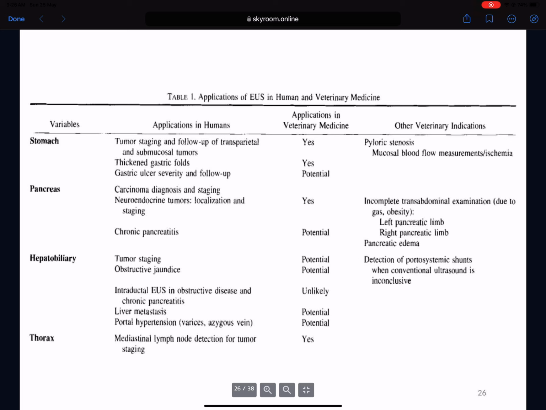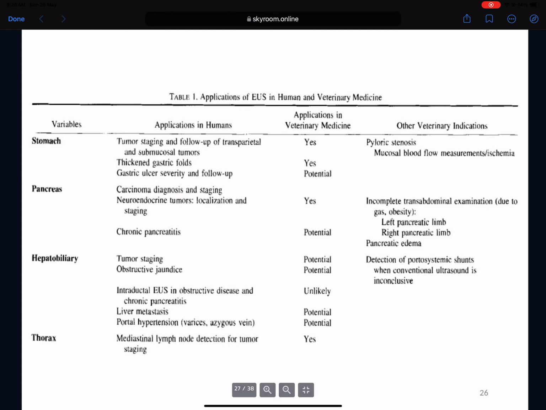And also for the other part of our body, for example in the thorax, in the mediastinum, you can use ultrasound, because ultrasound can come out from the esophagus. It can go inside the mediastinum. The mediastinum is the space between the heart and esophagus and something like that. And you can find if there is some tumor there, and if they can move, or they can make a pressure